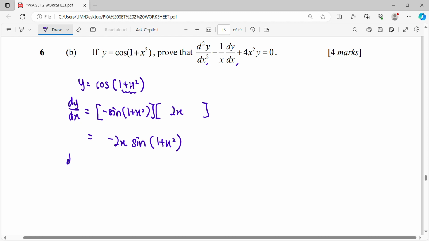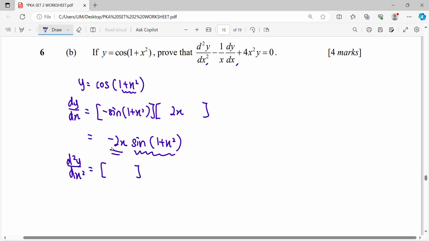In order to find the second derivative, look at this first derivative. We have a linear term here, multiplied with another function, which is trigo. So when linear multiplies with trigo and we want to differentiate, it means we need the product rule. So product rule,